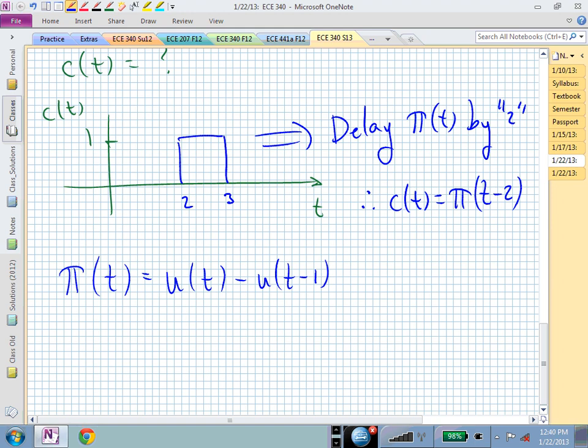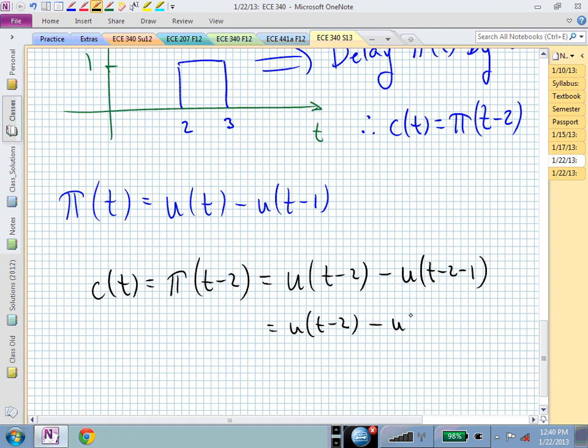If pi of t, again, is just u of t minus u of t minus 1, then c of t, which is pi of t minus 2, means replacing everywhere there was a t in the pi of t formula with t minus 2. You now have u of t minus 2 minus u of t minus 2 minus 1,